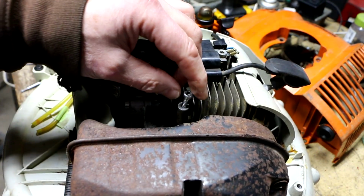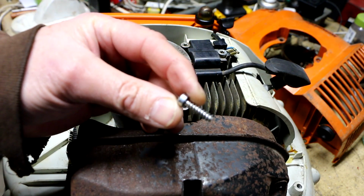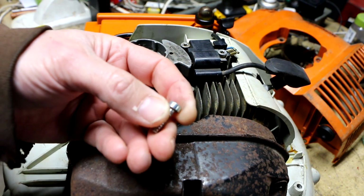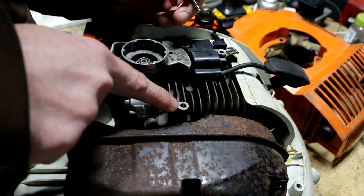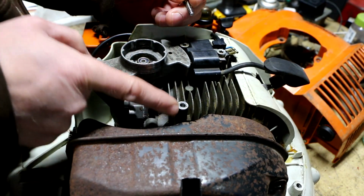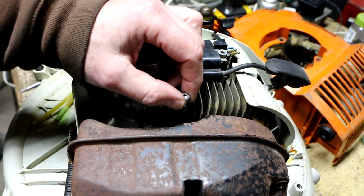So I could just see if I can get this type of screw from Stihl, only longer, if they make them. Maybe they use them in a different application. I don't know. But that would be waiting for a special order. I read online that what a lot of guys end up doing is just drilling these out and tapping them. If I do that, though, there's no going back,